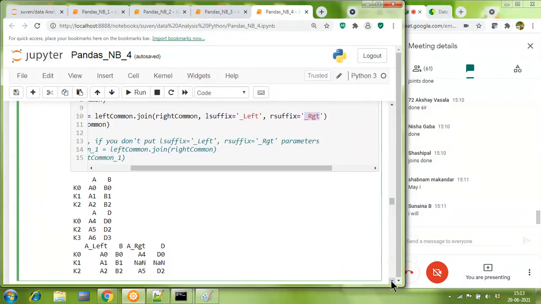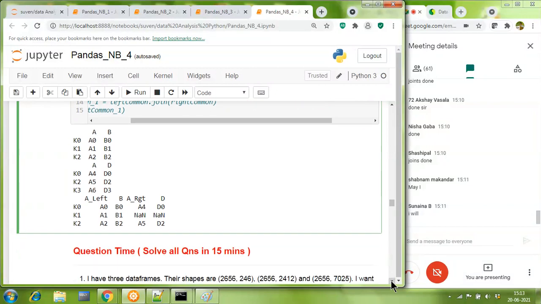But why was the L suffix and R suffix not added to B and D? Because this A is the same column name here, which does exist in both data frames, and B and D are two different column names here. Okay. So you are trying to tell me that only if the column name is common between the two tables, only then the L suffix and R suffix. Even though the data values of A in both data frames are different for the A. No, that is immaterial.